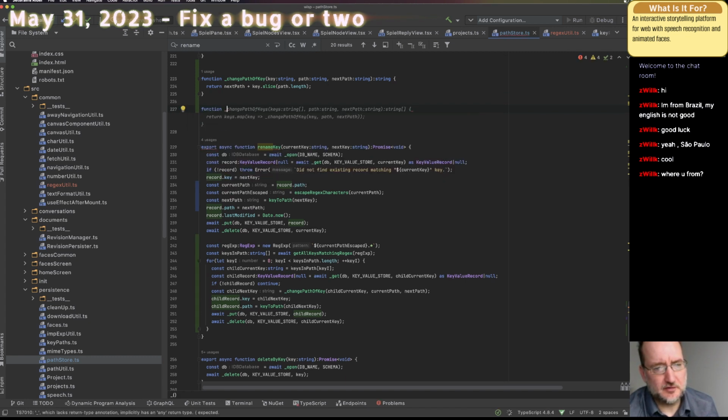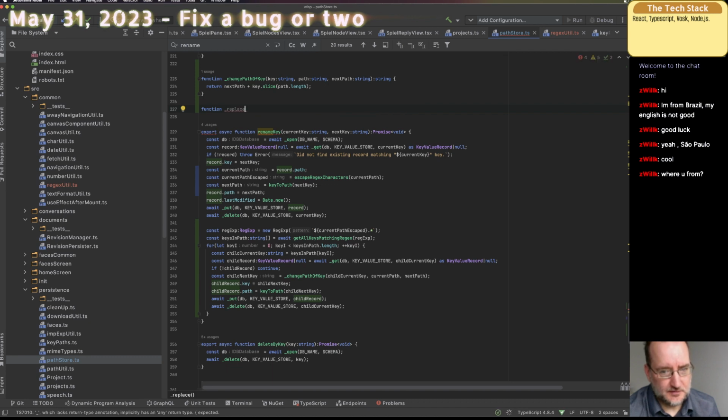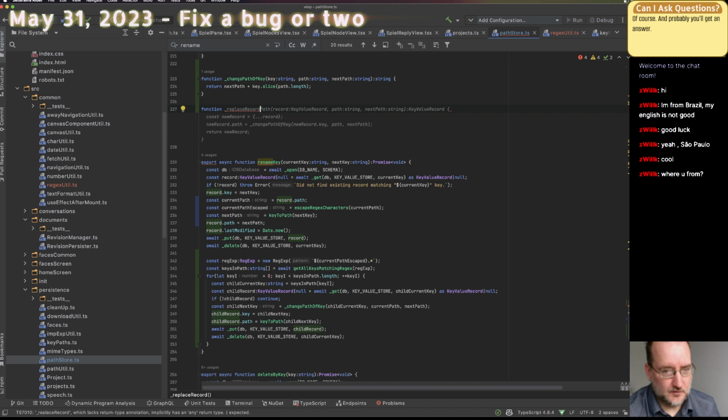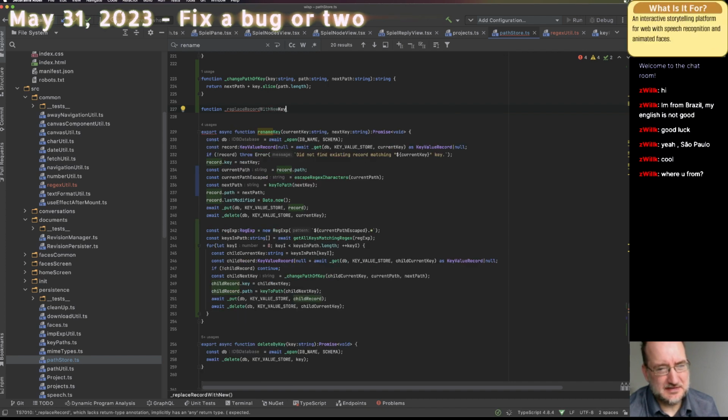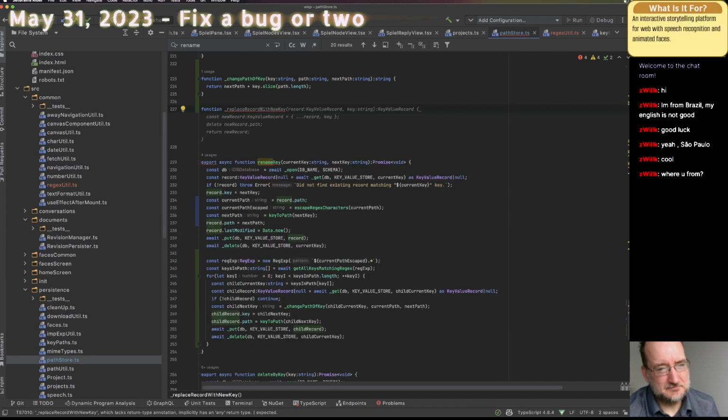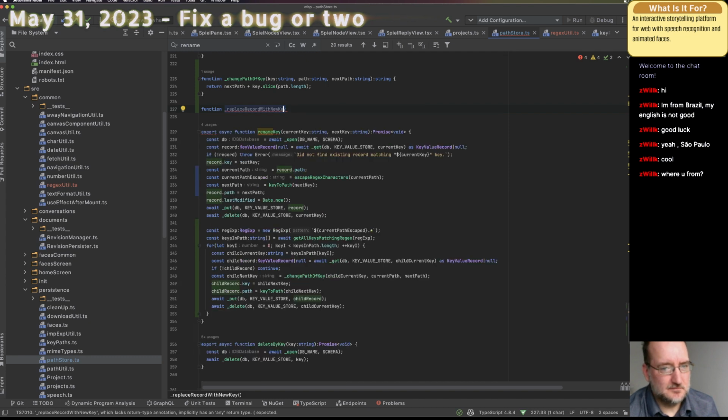Function, what do I want to call this? Replace record with new key.